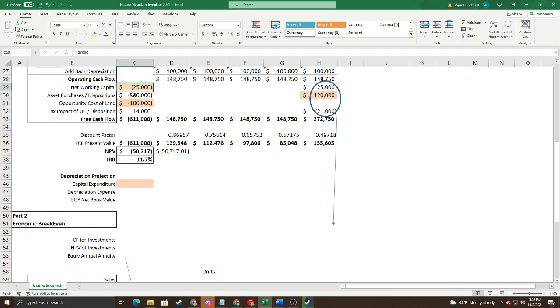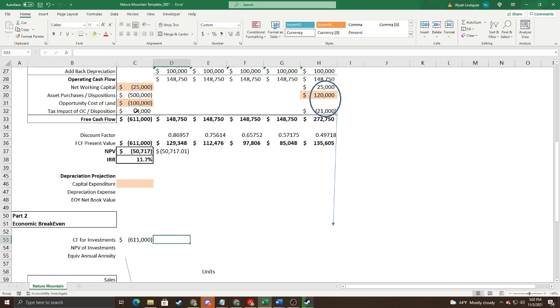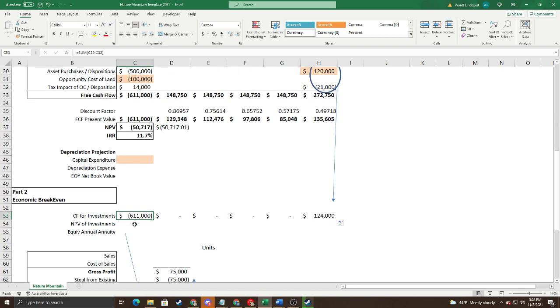I just cannot remember at the moment. So let's just do the cash flow. So year zero cash flow for investments is this. And then we're just going to copy this all the way across. And we will get the cash flow for investments is